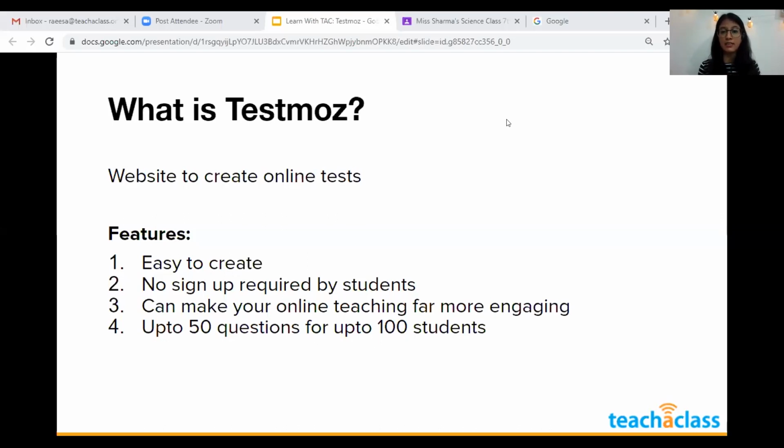In this class, I'm going to take you through the free version of it because a lot of our teachers can access only the free version. And there's also a secret feature in TestMoz, but before I reveal that feature, I want to break for 20 seconds to ask teachers, what is the most challenging part for a teacher after an exam? So I'll repeat my questions. You can put your answers down in the chat box. What is the most challenging part for you as a teacher after an examination?